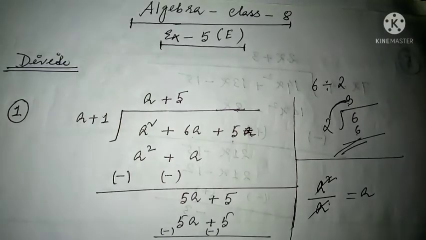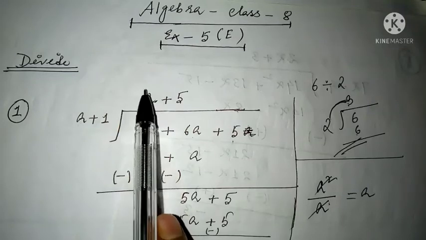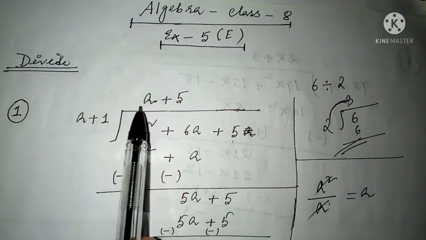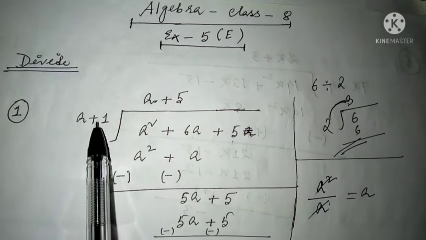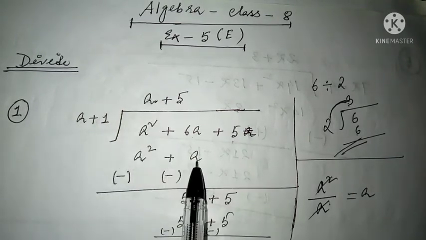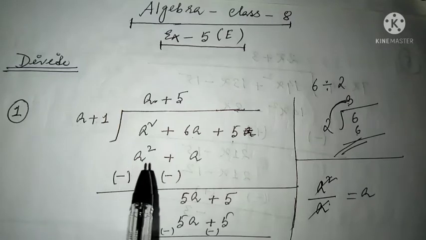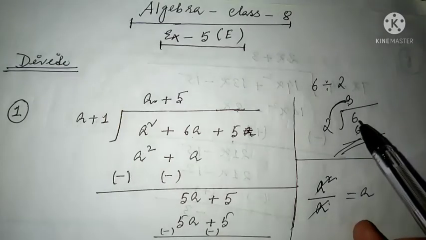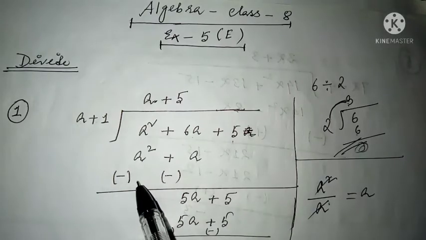That means for the first time, I have to divide by a times. Now you can see here, a into a, that is a square, and then plus is here, so you write plus here, so 1 into a, that is 1a, or you can write a. And in division, all of you know, after writing we need to subtract this. Here also 6 minus 6 is 0, so here as well you have to subtract.